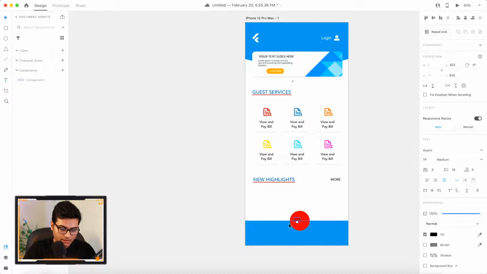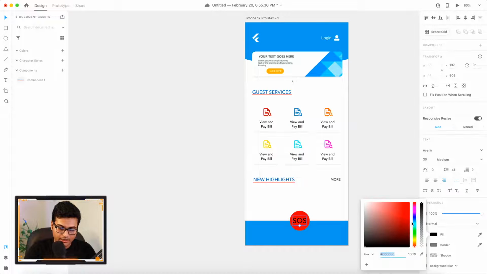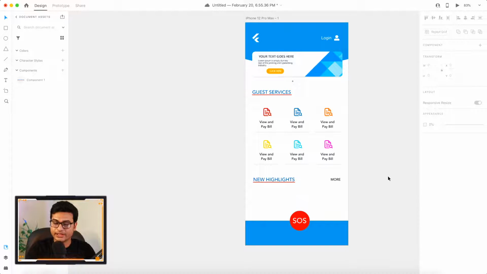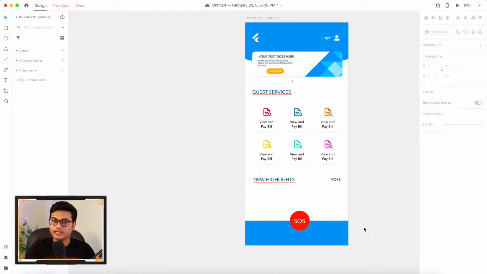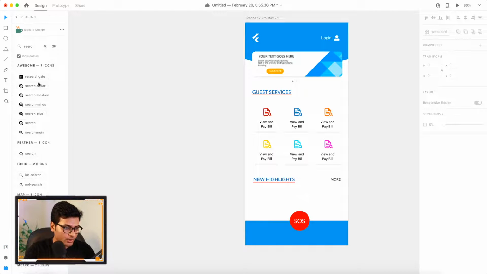Okay, now the text is black. Let me just first center it real quick. Okay, and then make it white. Easy, right? And if you don't like this font size, you can control from here, or you can just use the drag component. Okay, so we have the SOS, and quickly go to icon for design and place all the